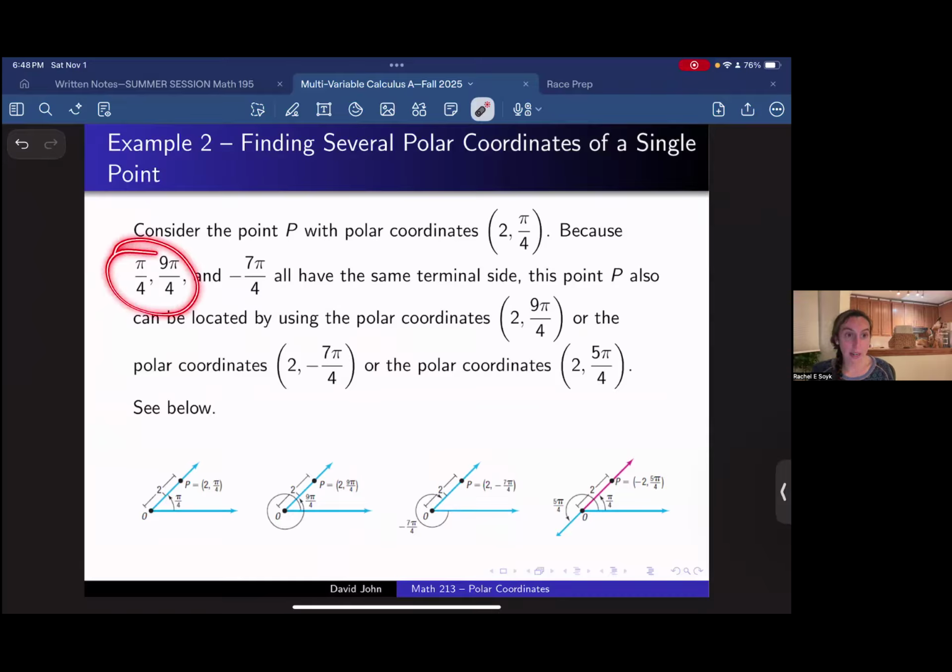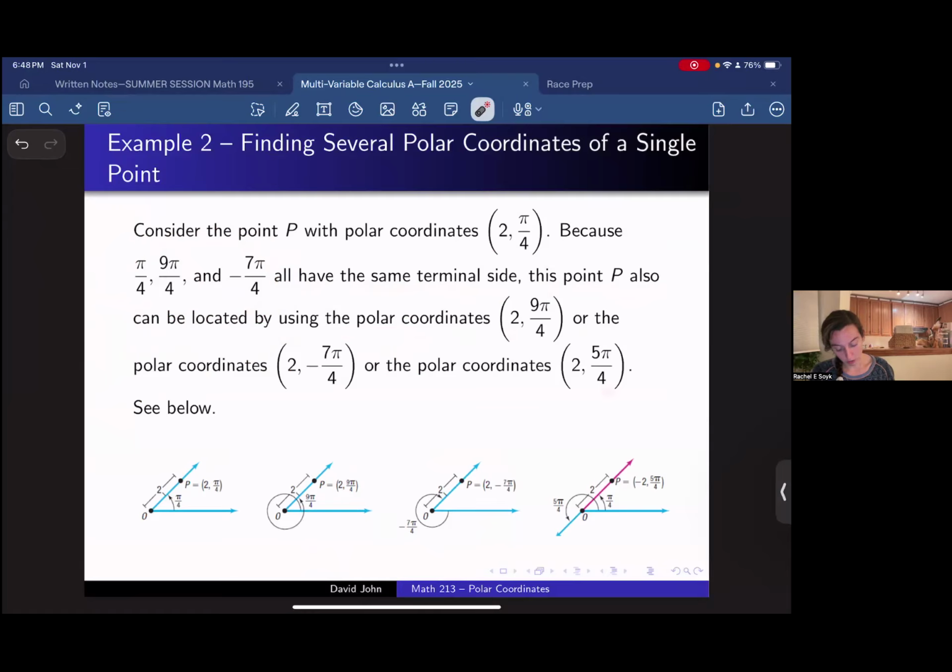Because pi over 4, 9 pi over 4, negative 7 pi over 4 are all coterminal angles. They all have that same terminal side. This point also can be located by using the polar coordinates 2 comma 9 pi over 4, 2 comma negative 7 pi over 4,